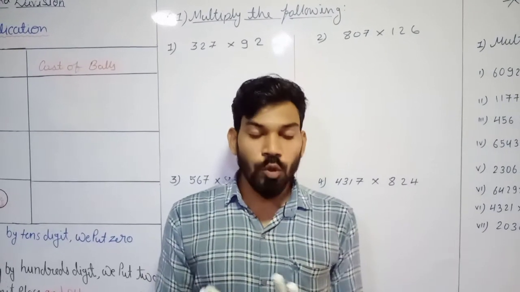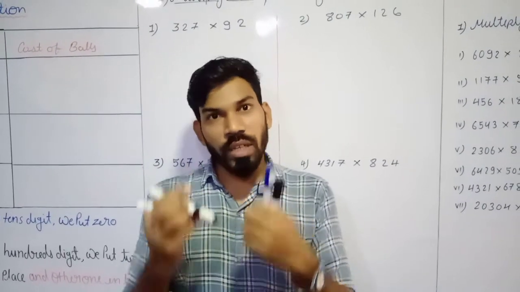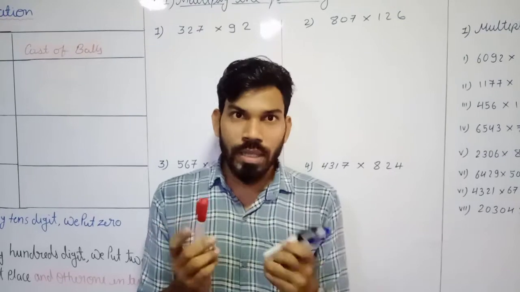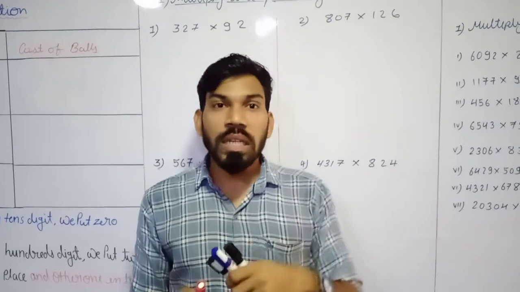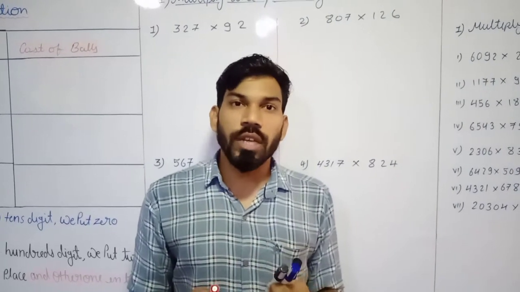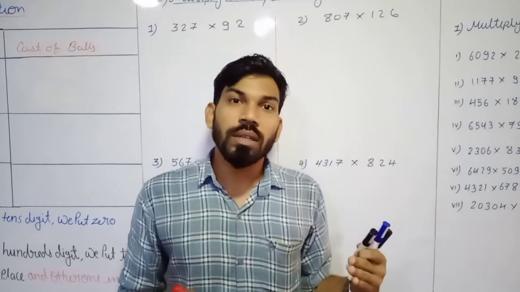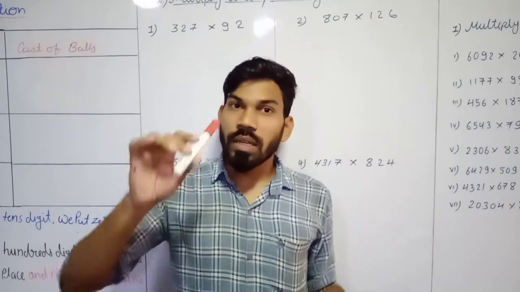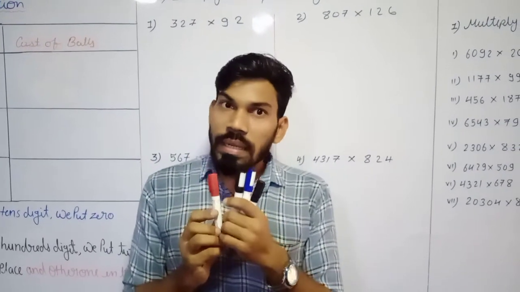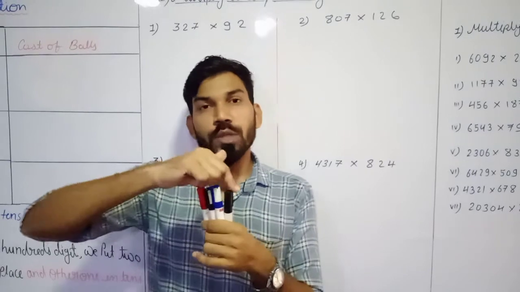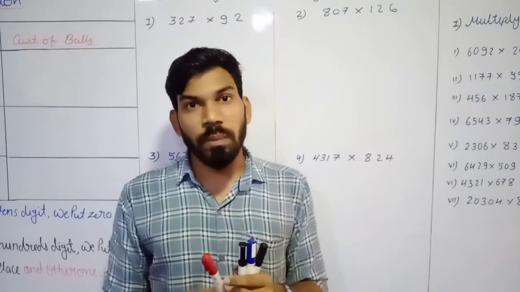Now this time I have to purchase 4 markers from the shop. This time we can do the addition of the cost price of all these 4 markers, or we can do it another way, by multiplication. That is the easiest way to calculate the total cost price of a large quantity of things. For example, the cost price of one marker is easy to calculate, 20 rupees, but it is a little difficult for us to calculate the cost price of all these 4 markers. So how could we calculate by multiplication?